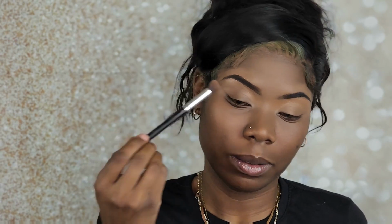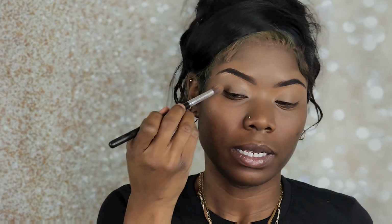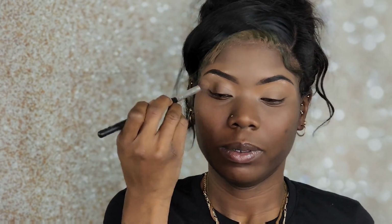But actually, I just need to pat it. And then you can start seeing the difference. Like this is still shiny, and then this is not. So that's kind of what I mean when I say bring it all together. So I'm just gonna use this color to